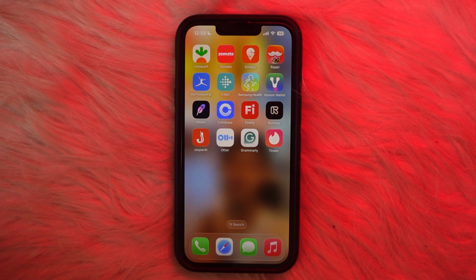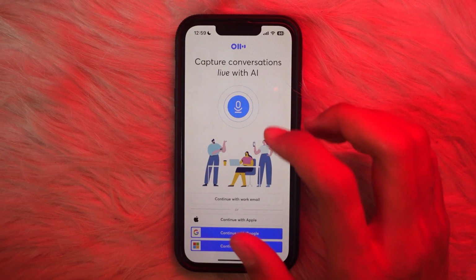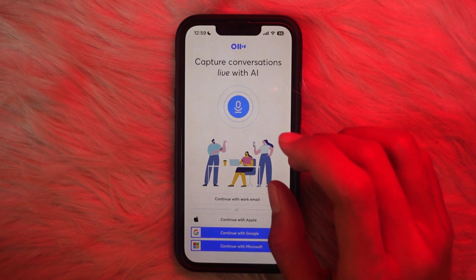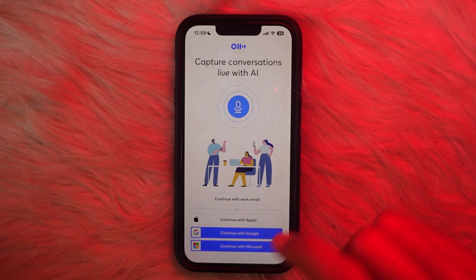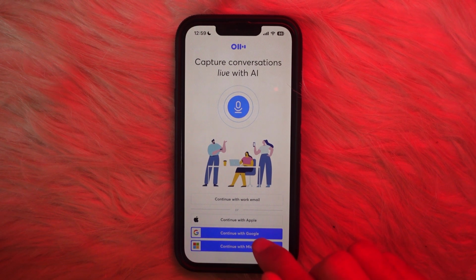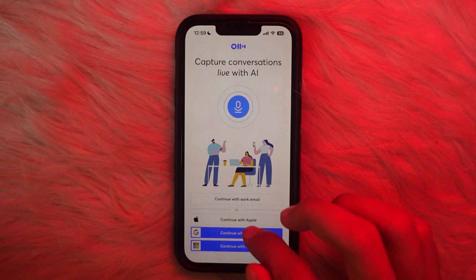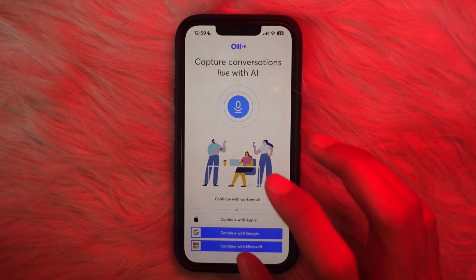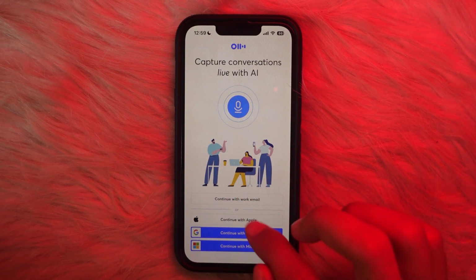In this video I'll show you how to recover your Otter.ai account. For that, just go and open your app and you will be taken straight to your login page. There you can log in with your Apple, Microsoft and Google account. If you have these platforms linked to this Otter.ai, that will be a lot easier, but if not, tap on